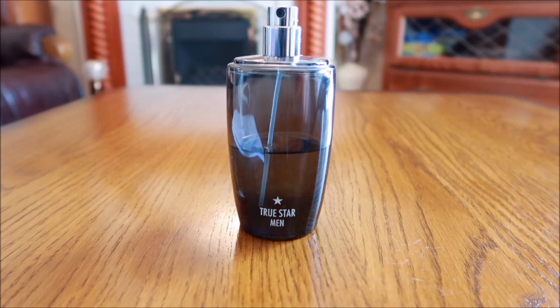Just recommended for age, I would say about 25 and up. It hasn't got the modern sweetness that everyone goes for these days. There's no real sweetness in this. It's more of a tart, woody, rooty sort of scent once that top grapefruit is gone. I wouldn't say it's mature by any means, but I would easily say 25 plus on this one. Performance is about average,